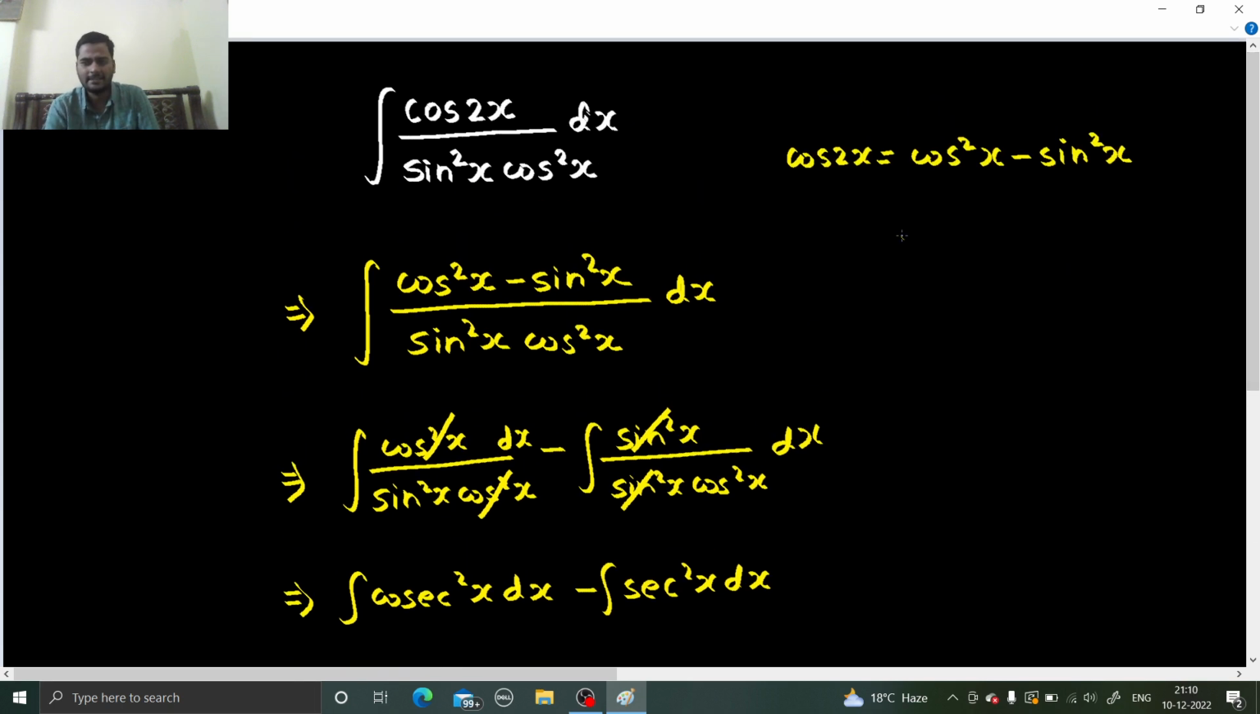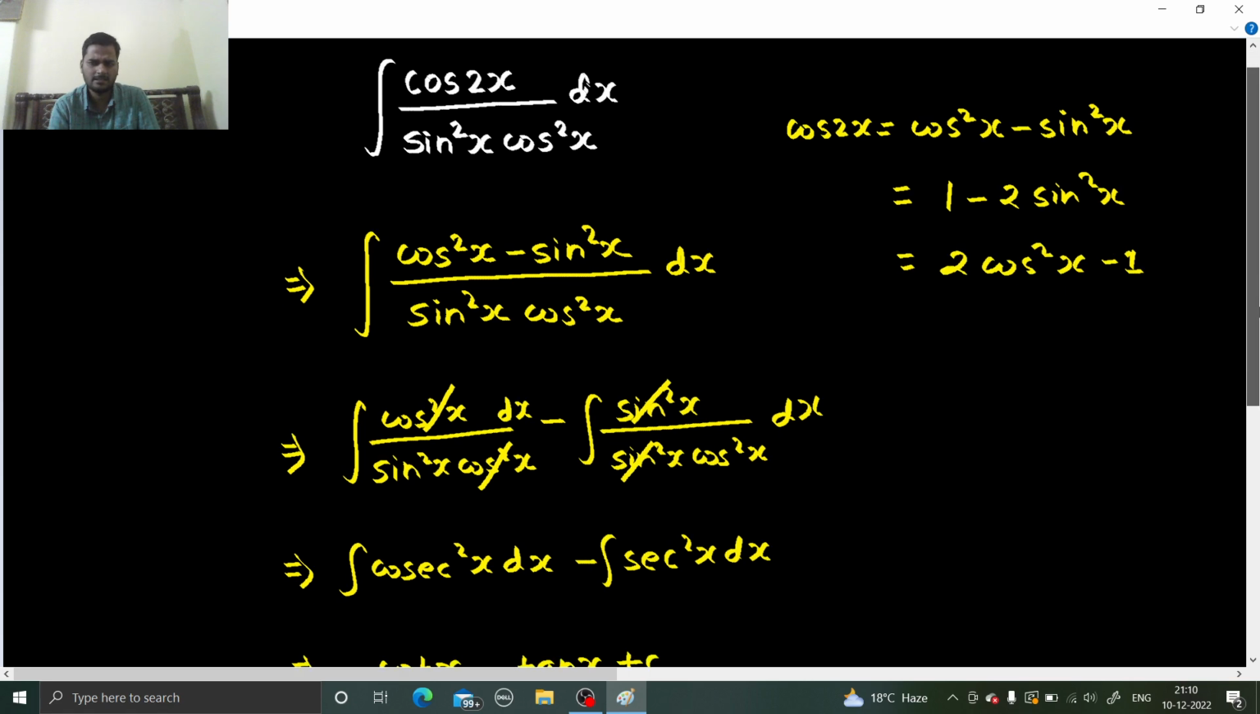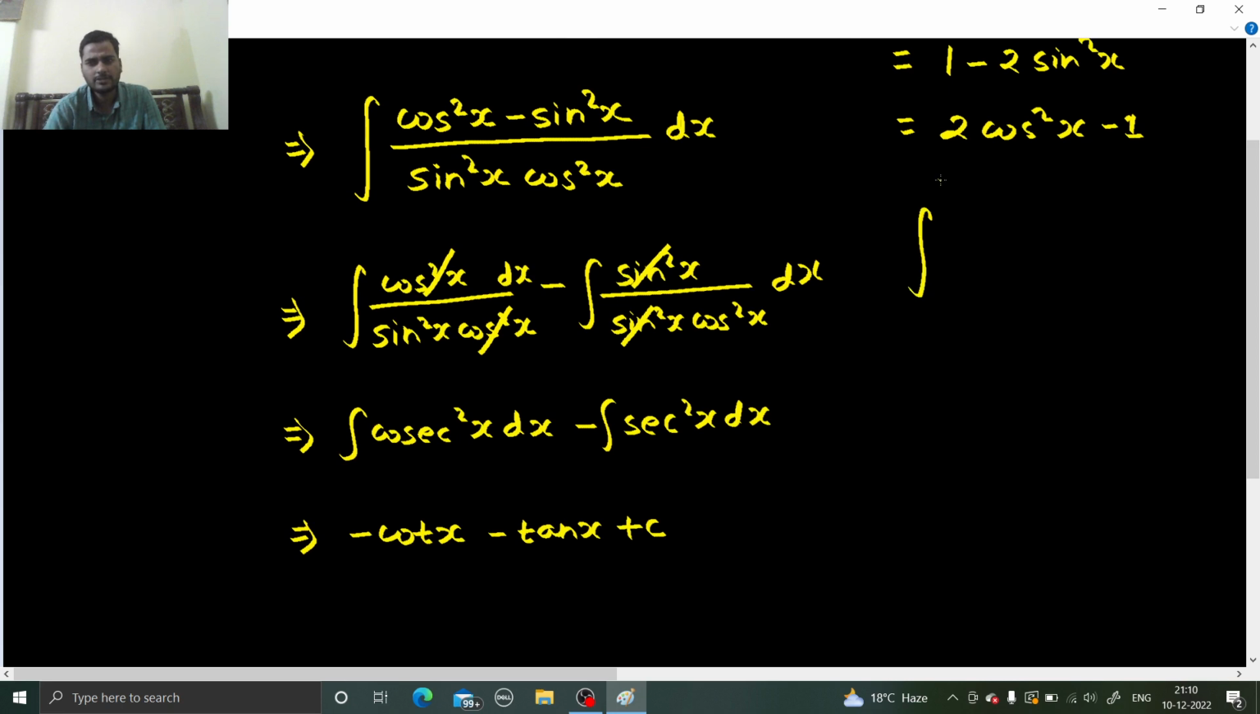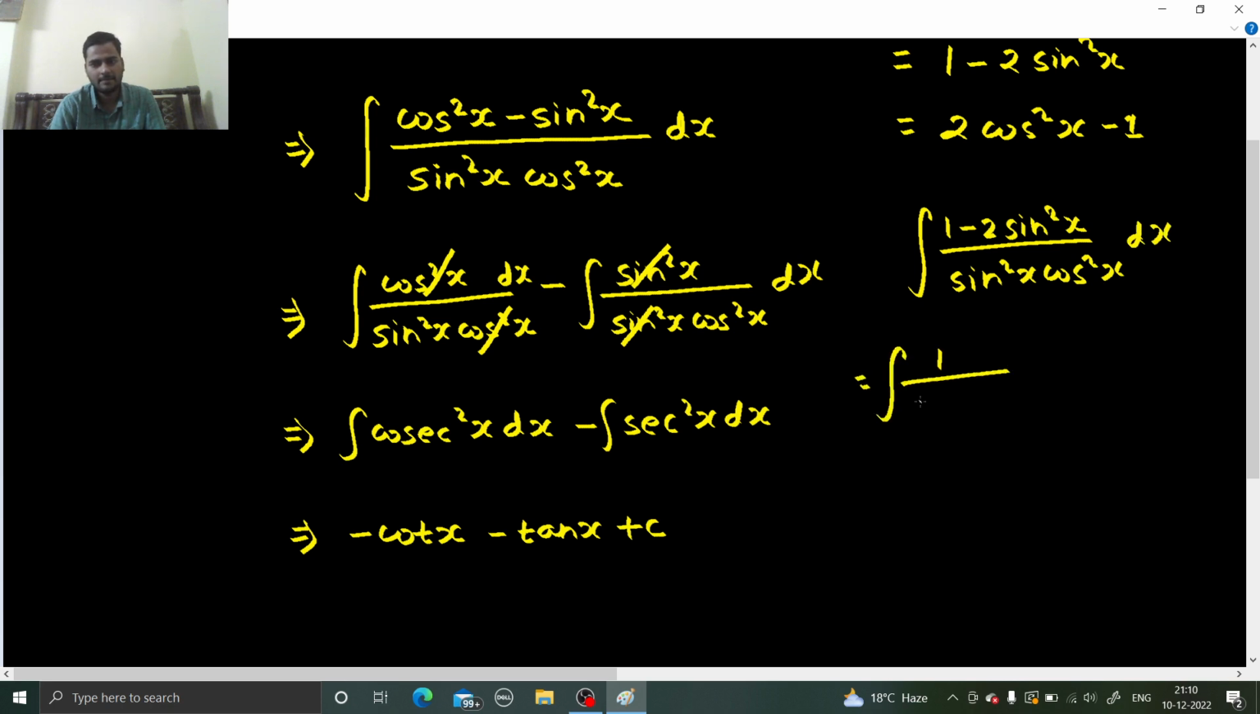If you are thinking that if I would have used this formula, 1 minus 2 sin square x or 2 cos square x minus 1, had my result been different? No. As I told, let me show you how you would have done. So in place of cos 2x, you would have written 1 minus 2 sin square x, let's say. Then you'll get 1 divided by sin square x cos square x